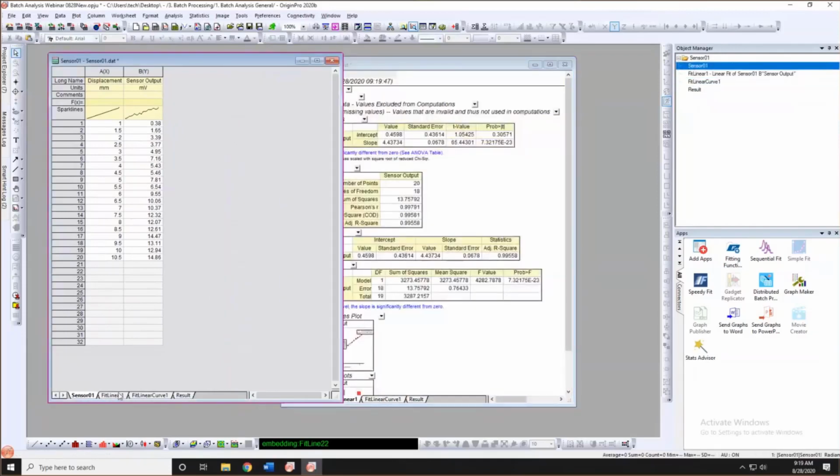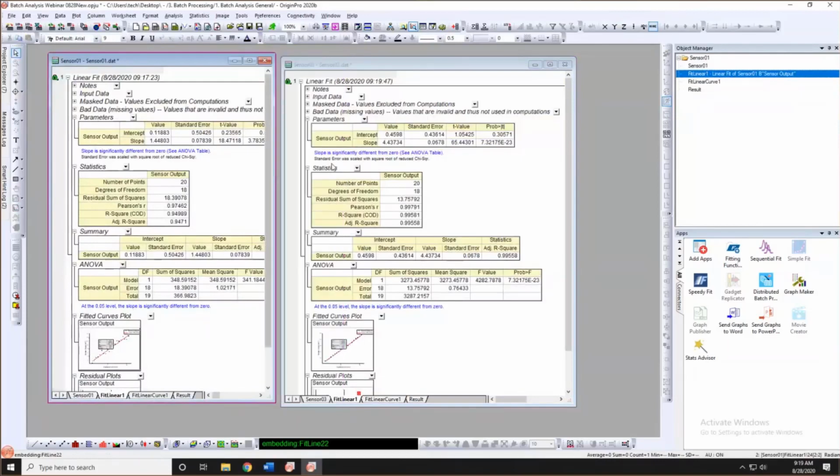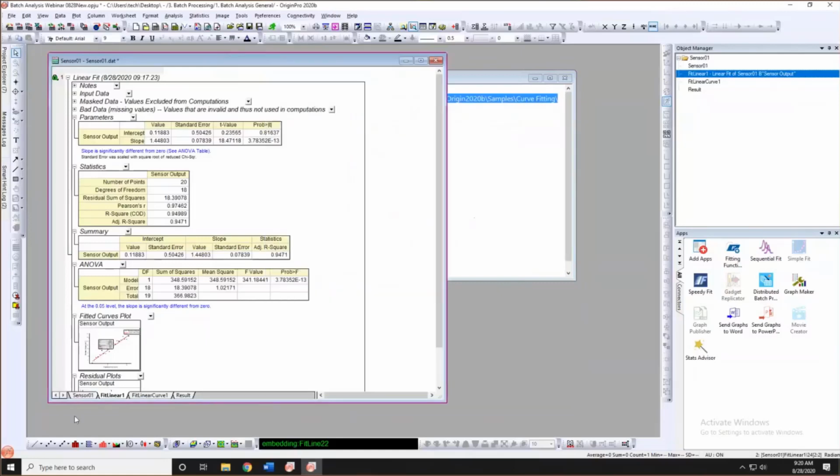So just a good suggestion here is that anytime you want to do batch processing, you need to test the analysis template before you do the batch analysis. Okay, you will see the fitted value is updated. Okay, if you are satisfied with this